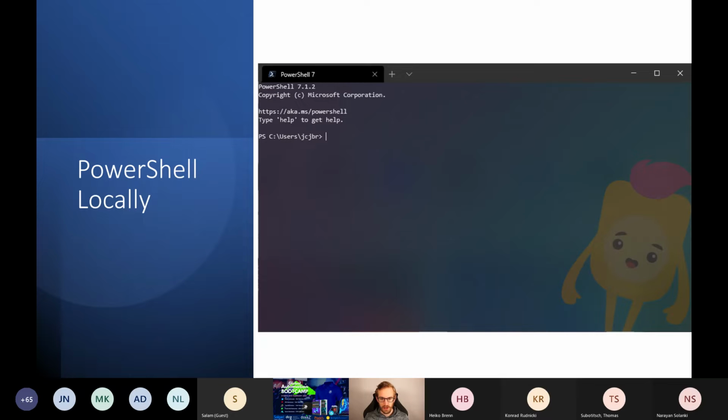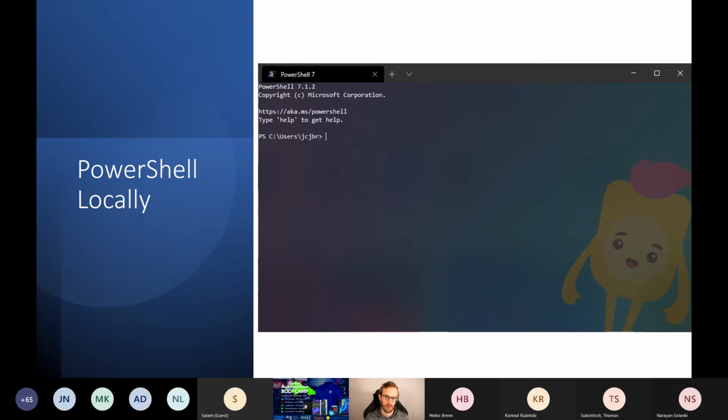So that is Windows PowerShell, and this is just PowerShell. The main difference is that if you're running PowerShell, so anything with a version later than 6, most recently 7, that is going to be the cross-platform version of PowerShell. So that is great, the fact that it's cross-platform. You can also run it on Mac, you can also run it on Linux. That is awesome.